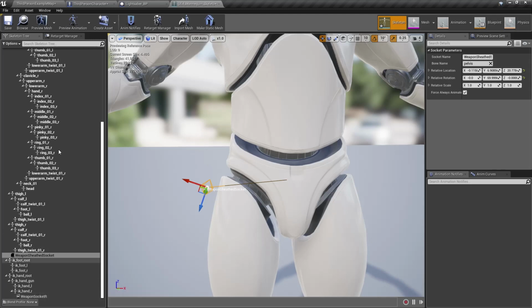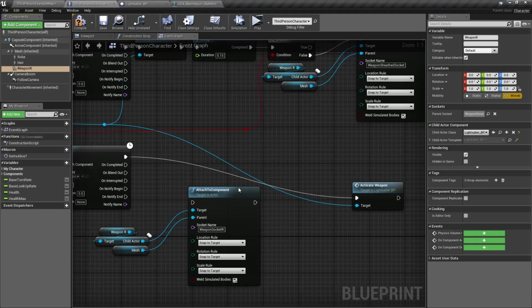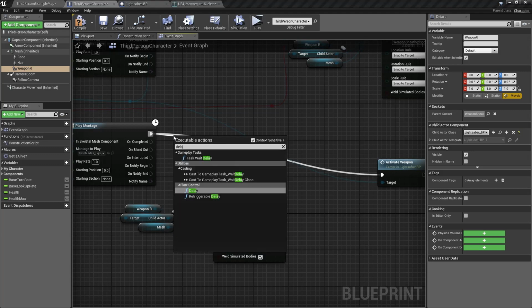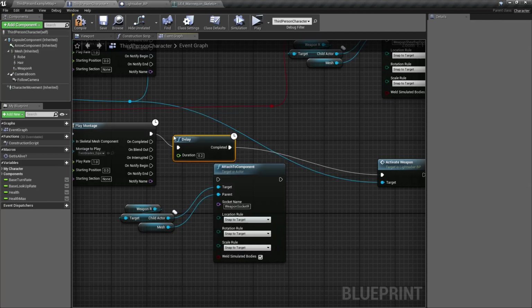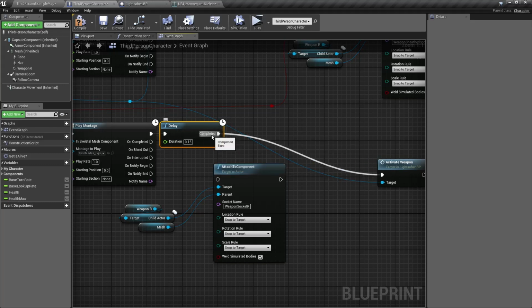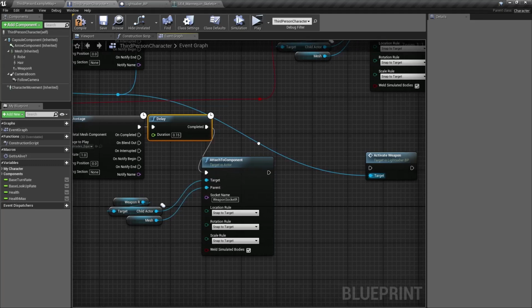Yeah, weapon socket R. All the other settings are basically going to be left the same, and then we're going to do a short delay like we did before with the other thing, and we're going to do 0.15 because that seemed like a decent number from my tests. So we'll plug that in here,